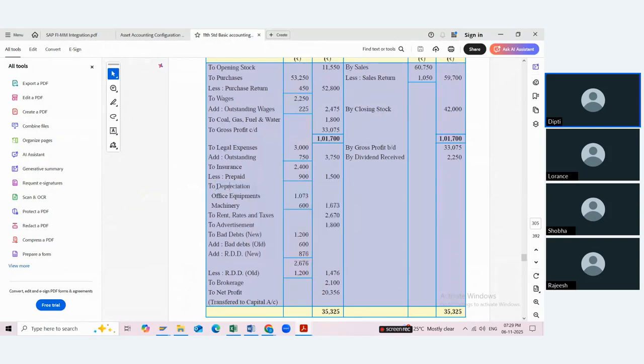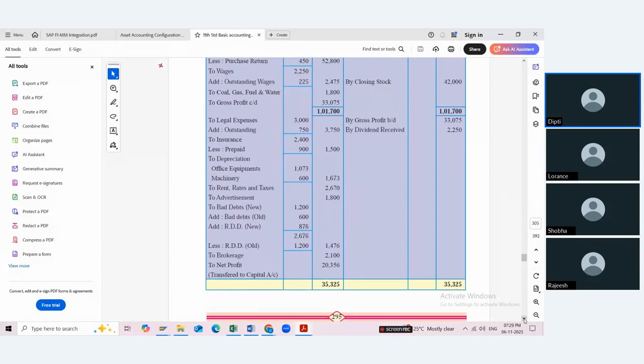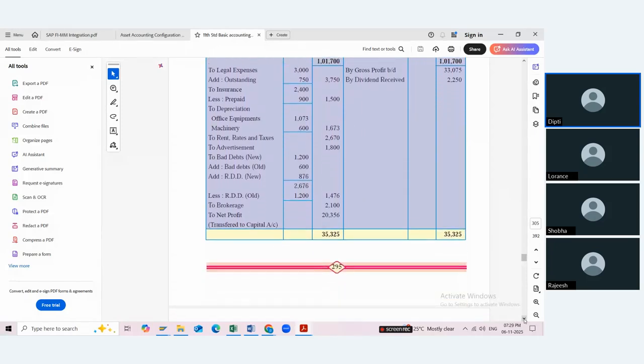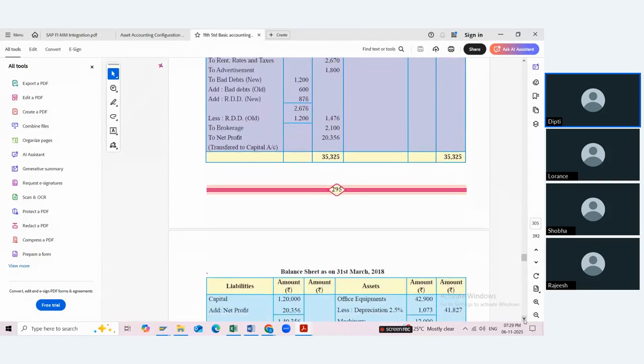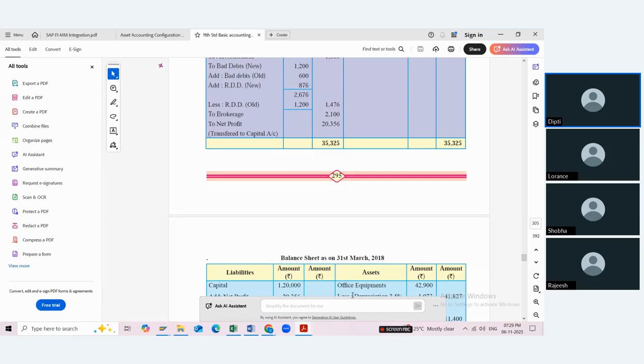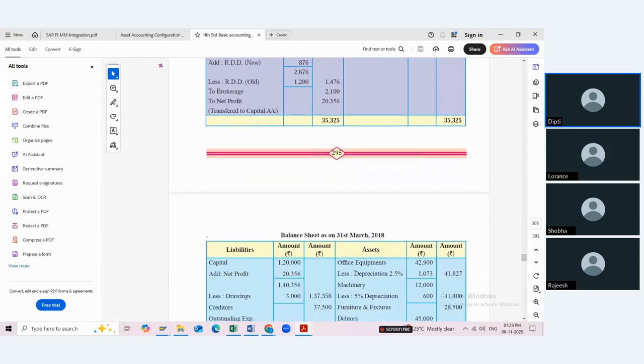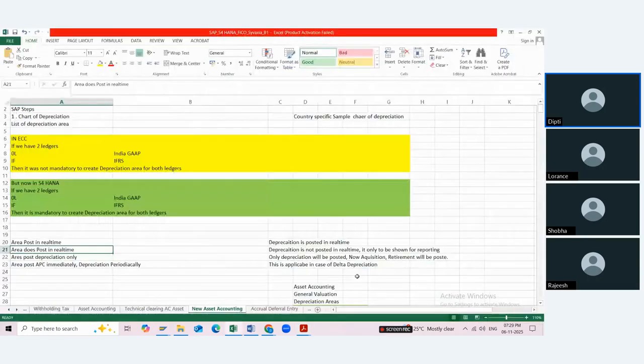This GL you can create as a cost element because it's a P&L GL. But the accumulated depreciation, which is a GL from the asset side, you cannot create it. I mean, usually we do not prefer to create it as a cost element. So P&L account depreciation. So what you want?